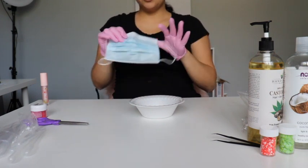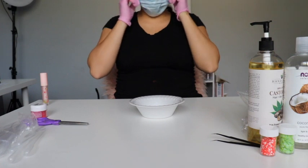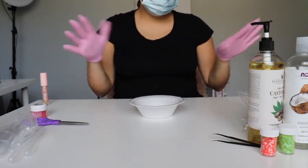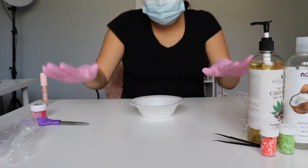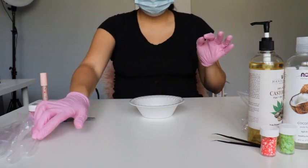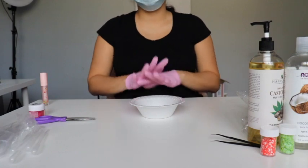So I do wear a mask because I just want to be as sanitary as possible, because I don't want to have my spit going on the gloss and all that stuff. So let's get started. So everything you see here, my scissors, my tweezers, everything you see here is